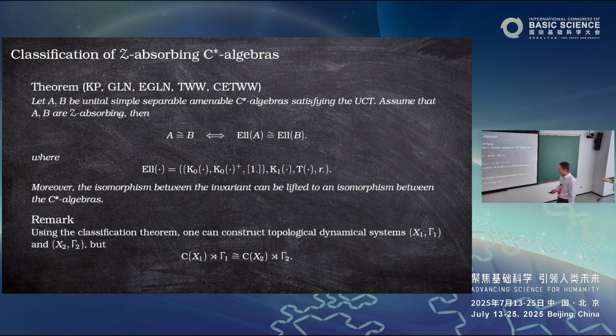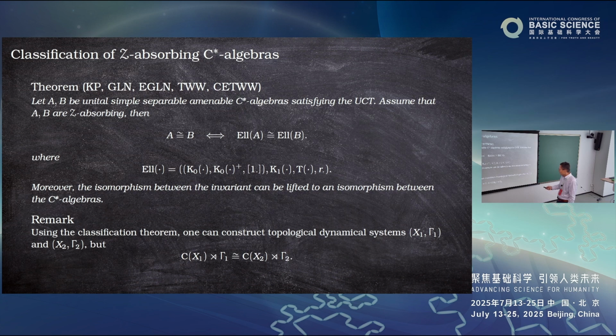Then it's very possible in general. You just start with two very different topological dynamical systems, say one is X1, Gamma 1, one is X2, Gamma 2. You look at the crossed product, then you calculate their skeleton, the invariant. Then if the invariants have the same value, they are isomorphic. But in general,